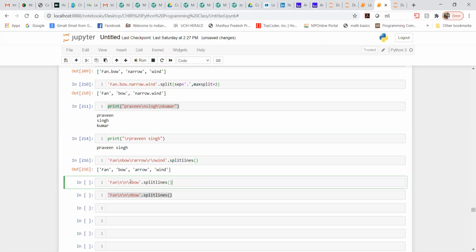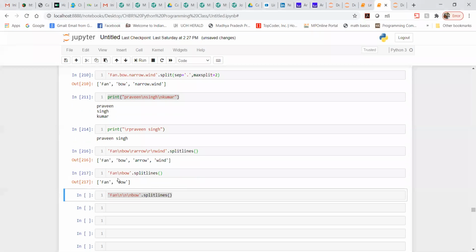Let me write this backslash n only once, or it should be our output. We are getting it like this. We are supposed to get everything on split lines. Now I want you to tell me what exactly the output of this is.